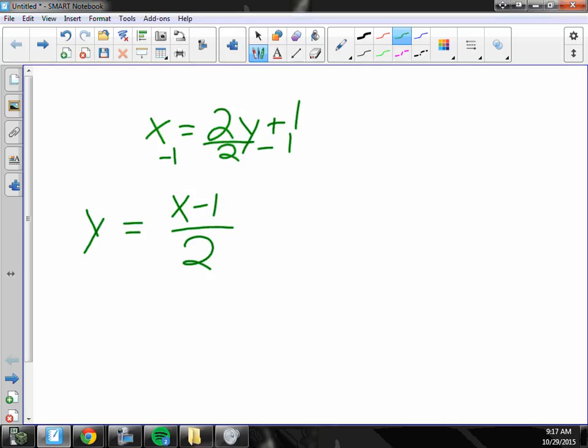And now it should do the exact opposite from what we had before. So if I plug in 1, I should get 0. 1 minus 1 is 0 over 2 is 0. If I plug in 3, I should get 1. 3 minus 1 is 2, and 2 divided by 2 is 1. If you plug in 5, 5 minus 1 is 4. 4 divided by 2 is 2. And we have completed the inverse. Okay? So,